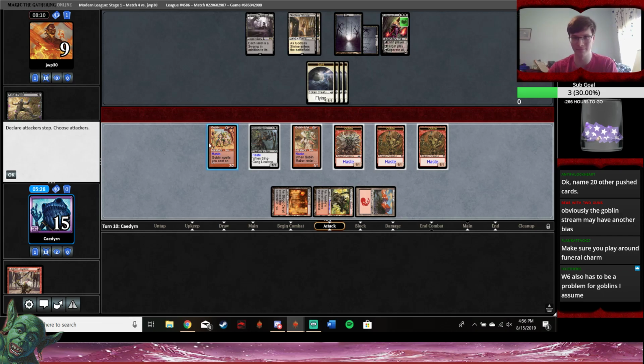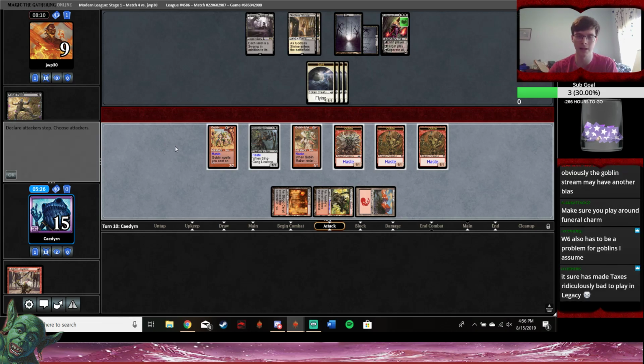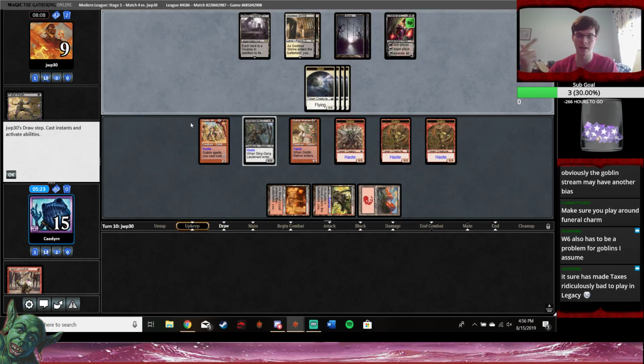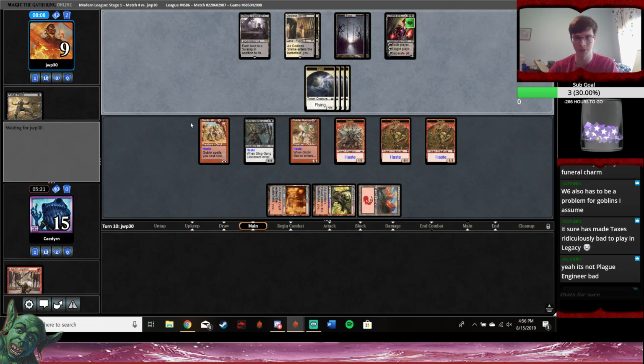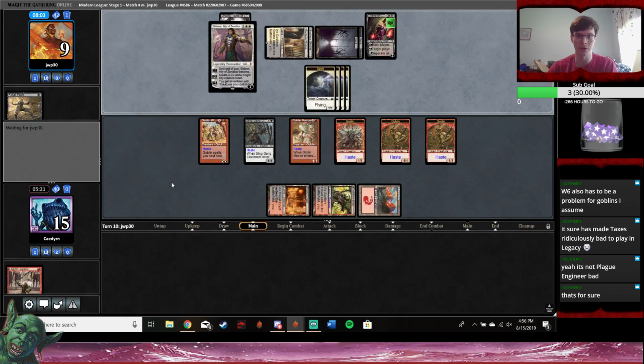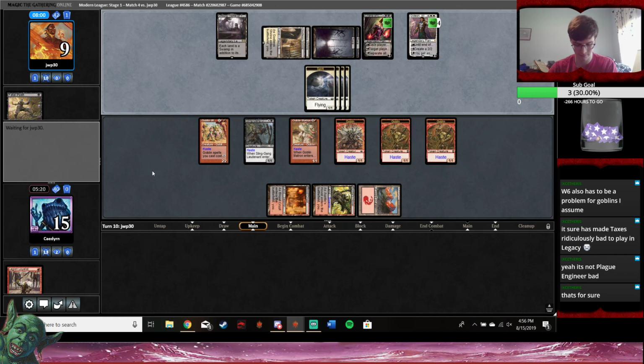Ren 6, not as much. It is obnoxious, but it's not the most obnoxious. Yeah, it's made Taxes, Elves, and Goblins much, much worse. Everyone's like, oh, Taxes, fine. If you're like XJ Cloud and you're a god with the deck, sure. But if you're not,